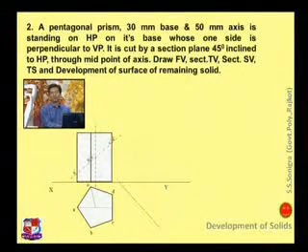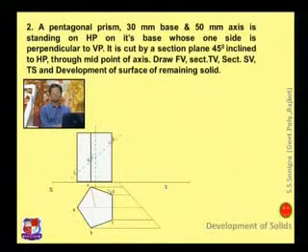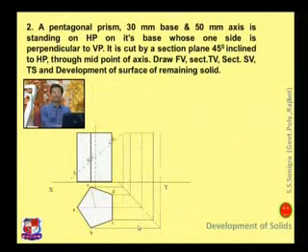Then draw a line at an angle of 45 degrees to the right side of its top view to draw its side view. Here we have to draw front view, then sectional top view and sectional side view. Now to draw side view, we draw a line at an angle of 45 degrees and project from top view like this. We have to draw horizontal lines from the top view points, that is A, B, C, D, and E. Draw horizontal lines from each point, project them like this, and this line cuts the 45 degree line at some points. From there draw vertical lines, and similarly project from here all these points.